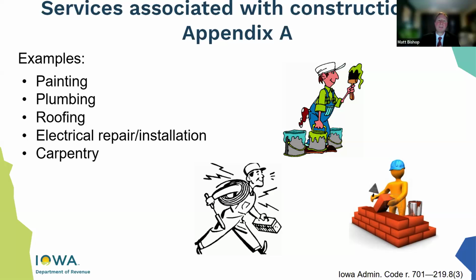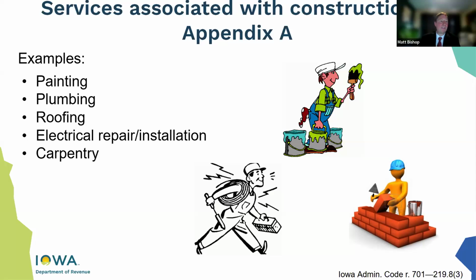If it's a bigger job, you're doing some sort of electrical installation, maybe you're installing wiring for a whole new building, that would be an exempt service of electrical installation. So you've got a difference there between your big projects that would be associated with new projects and your smaller jobs that might be associated with repair. It's a bit of a term of art, and it can be difficult to tell what's construction and what's a smaller repair service.